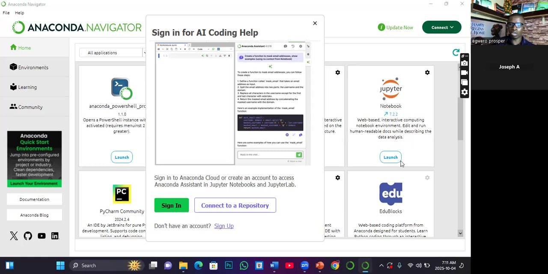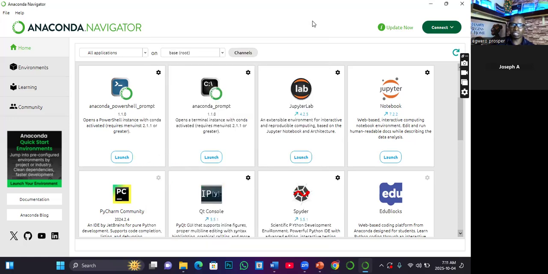So once you click on it, or in case you get this kind of message, trying to remind you, or probably you have a repository like GitHub and you want to connect it to it, that is when you go with this. Then just say no, because you are running it what? Locally. Then you click on launch. What this will do is to give us that development environment where we can write our code.